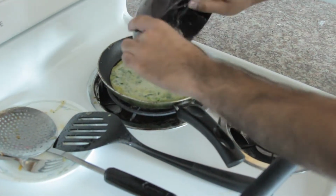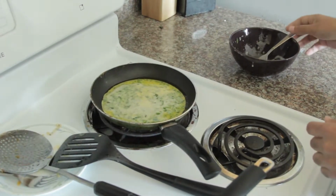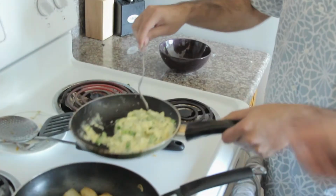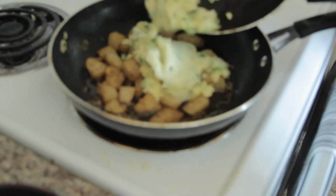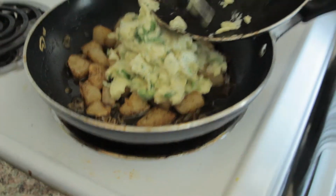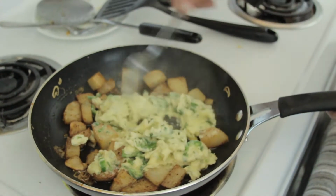So we just added the egg, serrano pepper, cilantro, scramble to the pan. We're gonna cook that through a little bit. Now that the eggs are mostly cooked through, Star's gonna add the eggs to the potatoes. Then he's gonna stir it up. Next time, turn the stove off so you don't kill us. Just stir it up, use the spatula instead of...